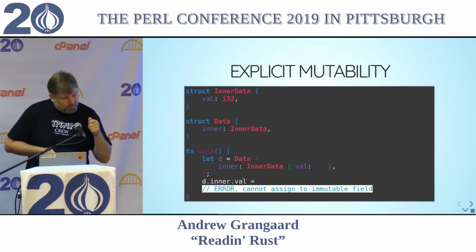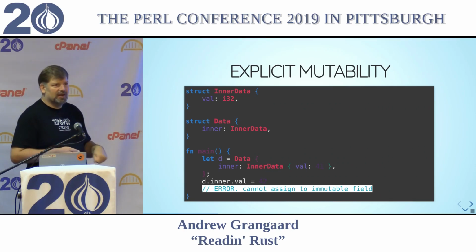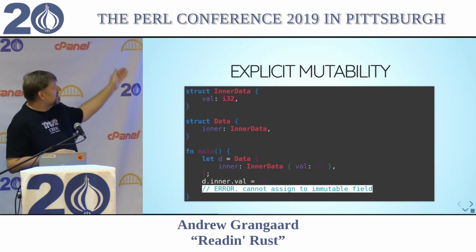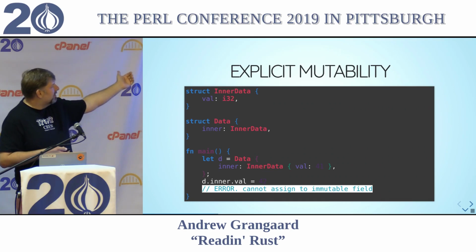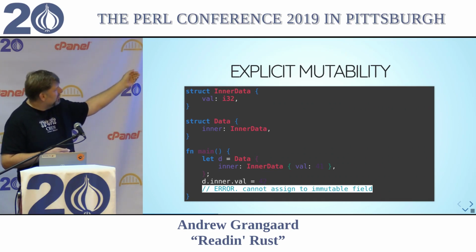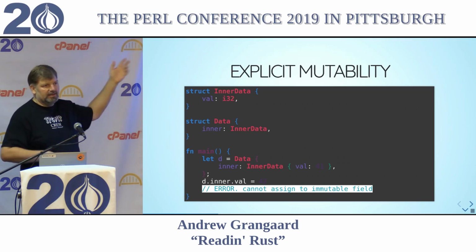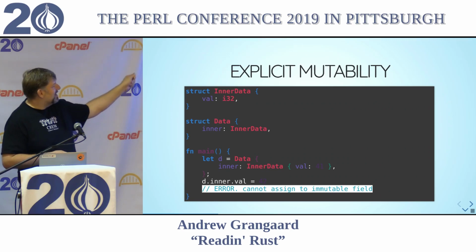And one of the constraints on you in Rust is that you must explicitly say when you're going to mutate something, so the compiler can keep track of what's going on. So this code would not work, almost works. So I create a struct called InnerData, which contains a value, which is i32. That's how we read this. Then I create a struct definition for Data. Now these are both capitalized, which is convention, and the opinionated formatter will tell you if you get that wrong. That contains an inner that's of that type, InnerData.